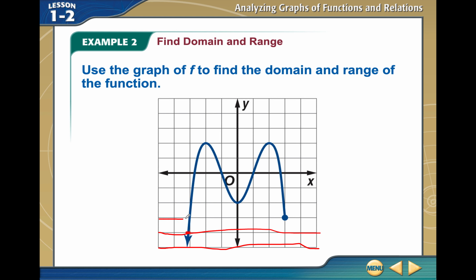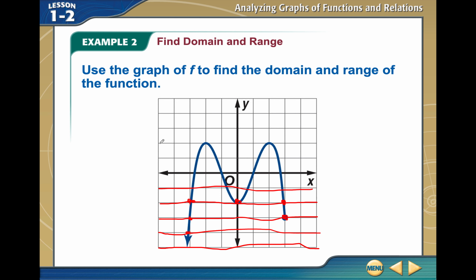As long as it keeps touching, I will keep on moving my horizontal line, even if it touches on more than one point, which, for example, in this instance, it's touching on 2 points. Even if that's the case, I keep on moving it because it is touching. Again, here in this instance, it touches on 3 points. It doesn't matter. As long as it's touching this graph, I keep on moving my horizontal line up